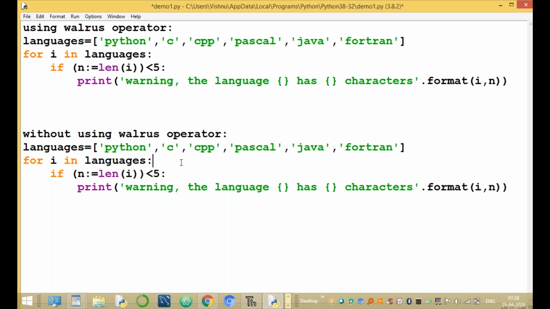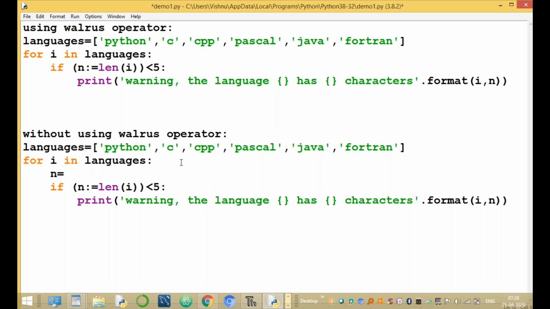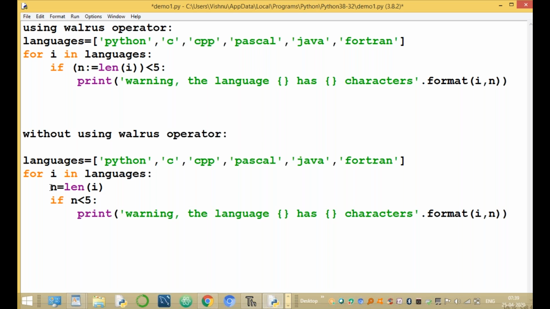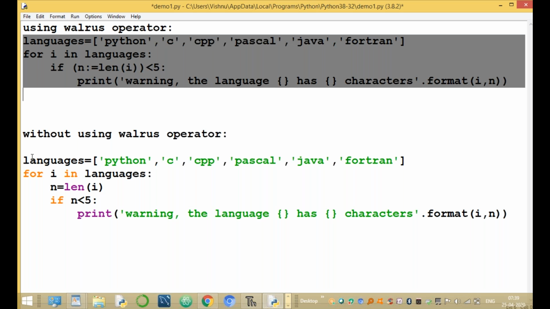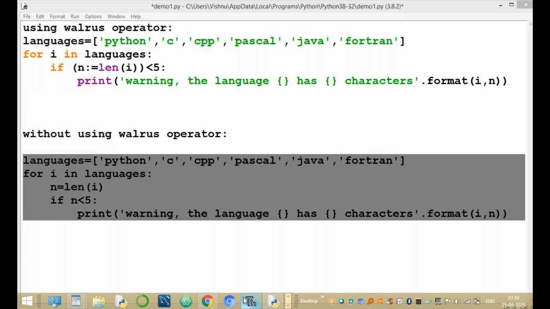Here, modify the value: n equal to length of i, and after that compare this value. That is the difference between with the walrus operator and without the walrus operator. Please observe this one, same output. The length value is assigned to n and then checked. Here, within only one statement, the length value is assigned to n and checked immediately. This is the for loop with the walrus operator, and the for loop without the walrus operator.